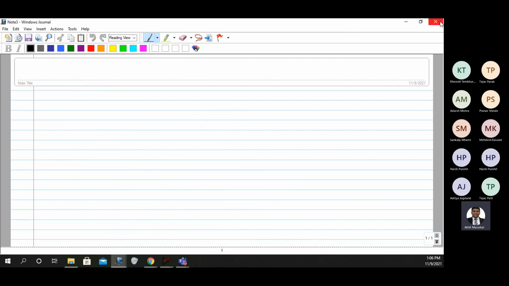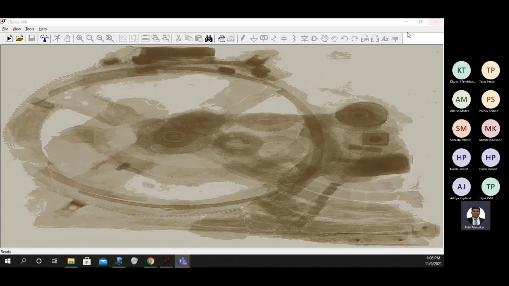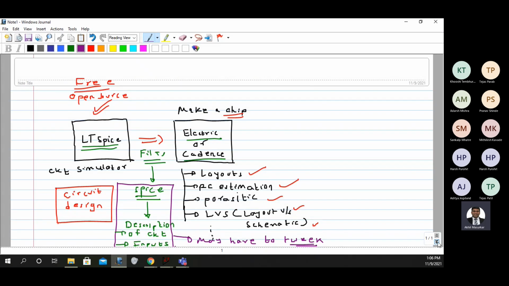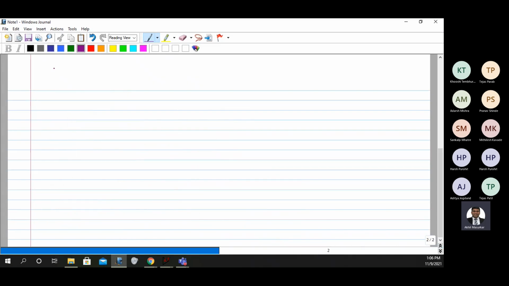And that is why today's lab is aimed at understanding this. So what we are going to do today is an experiment on MOSFET characteristics.